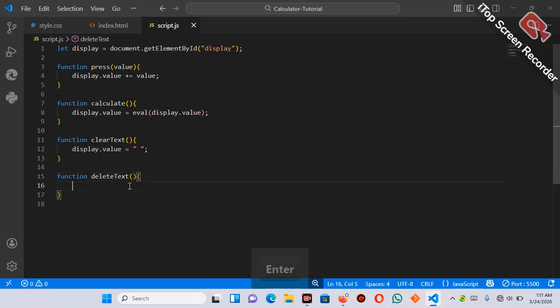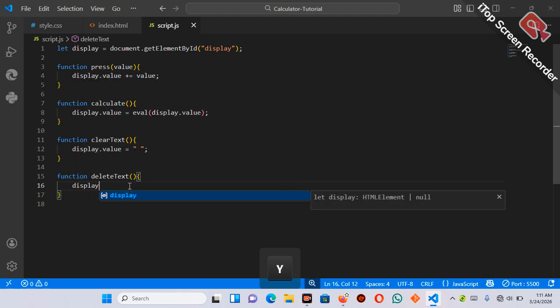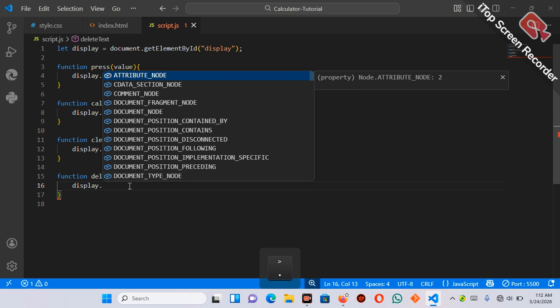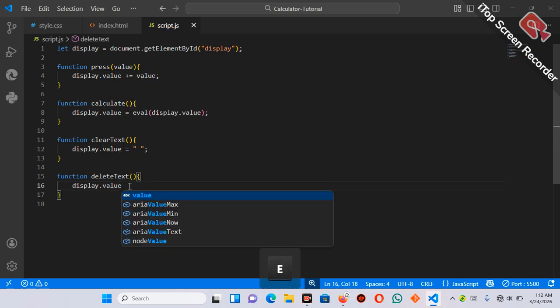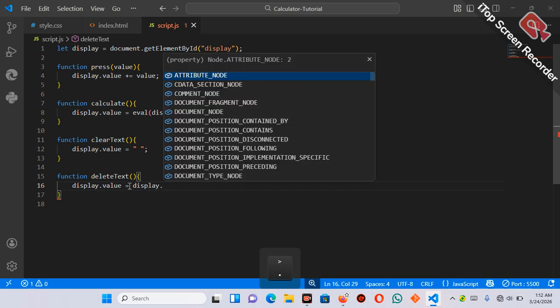So in our delete text, we have our display. Just remember, display is the display screen with the value. That's what display means: display with the value, any number in the display. So equals to document, equal to display dot value